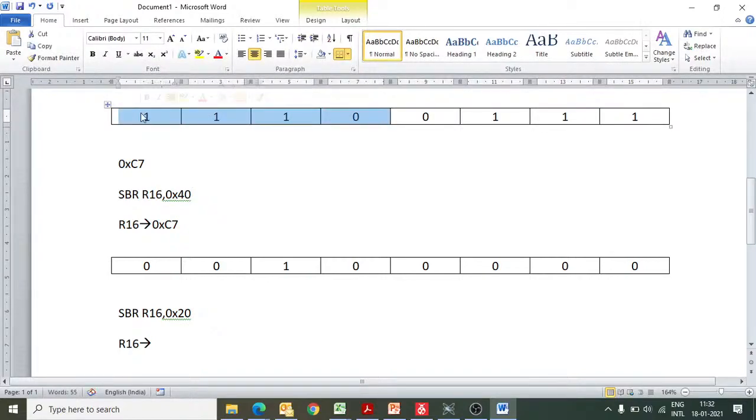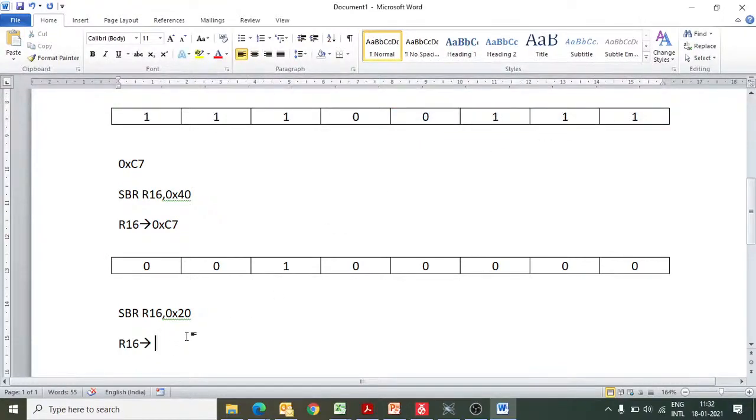This is E and this is 7. So your R16 will become 0xE7. Is it clear to all of you or not? Yes, sir.